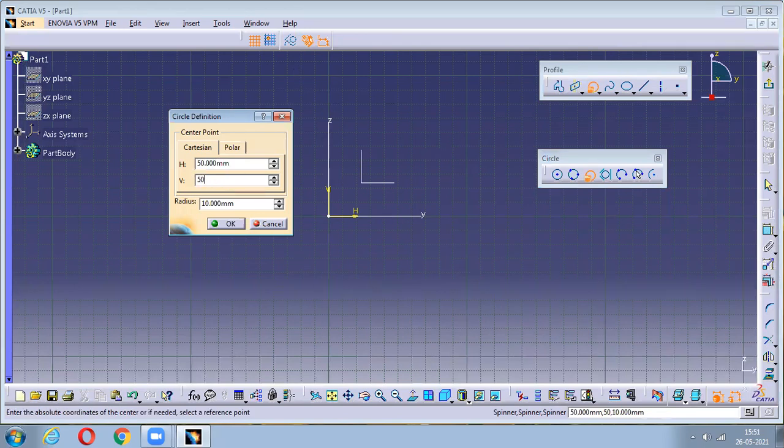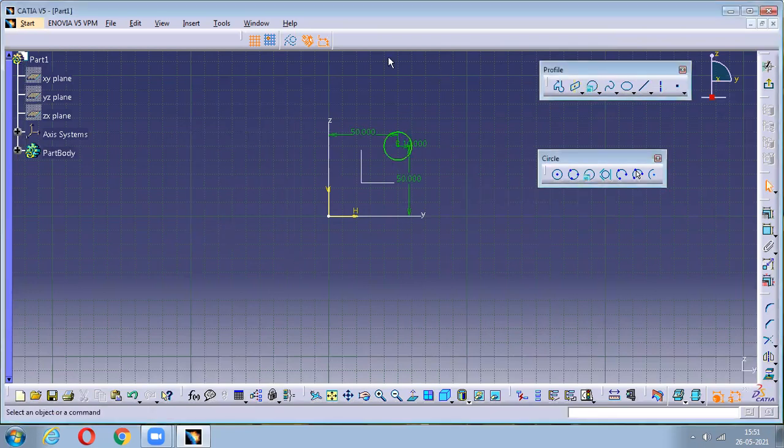I'll give it as 50. Now it is asking for the radius of the circle. I'll keep it as 10. And if I say OK, you can notice the circle has been created by taking vertically 50 and horizontally 50, with the radius 10. So this is called circle using coordinates.